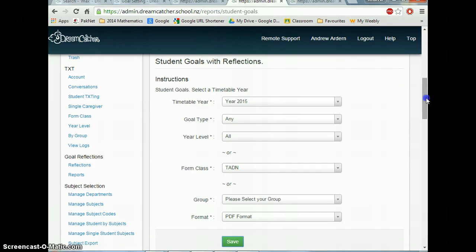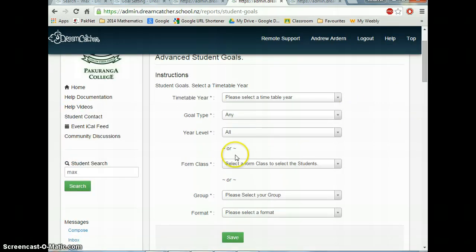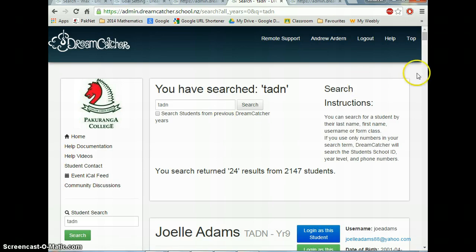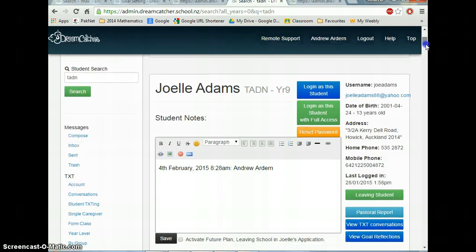From here, in the parent-teacher interviews, I'm going to go to the student interface by searching the student's name each time, or alternatively I could actually just type in my teacher code, TADN, and it will bring up all my students at the same time. And if I click that blue button, it's going to take me to the student interface. Down here is just a log of the activity that's been happening, and I can take notes as to conversations that I've had with the different students in my tutor group. But as I said, the student interface is where it's at,